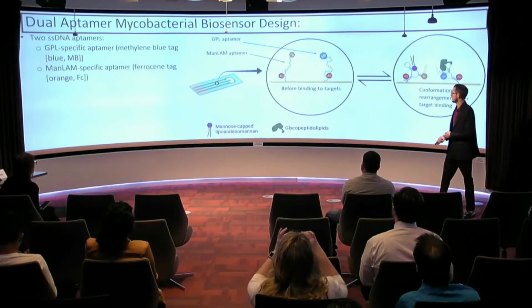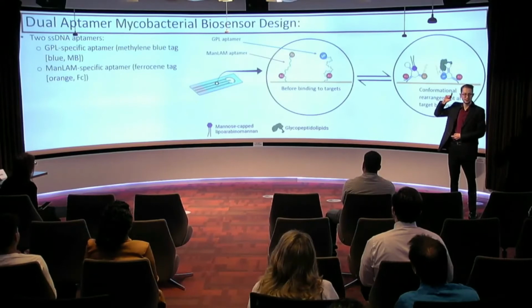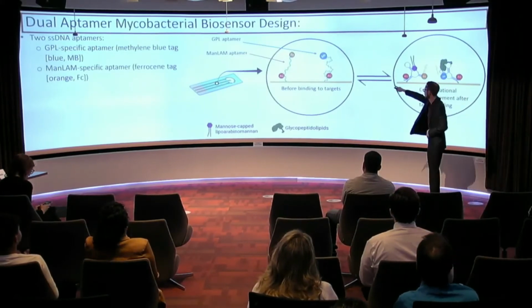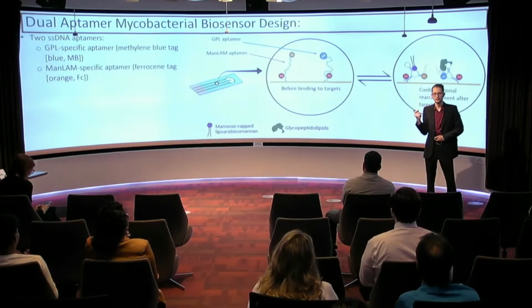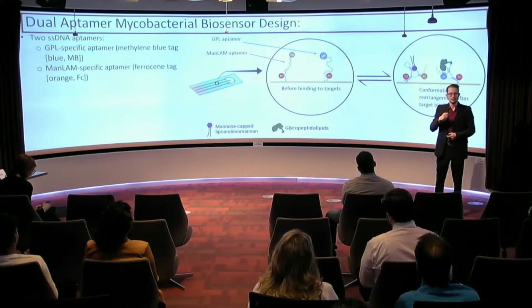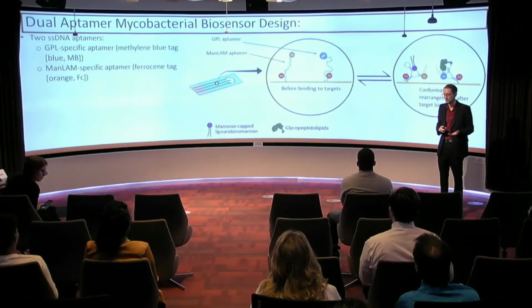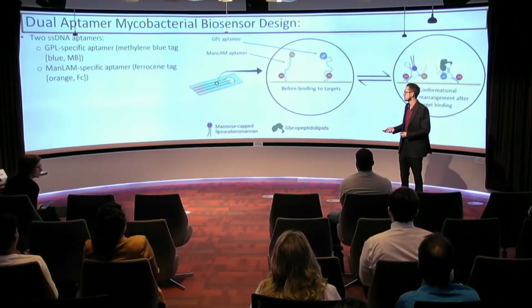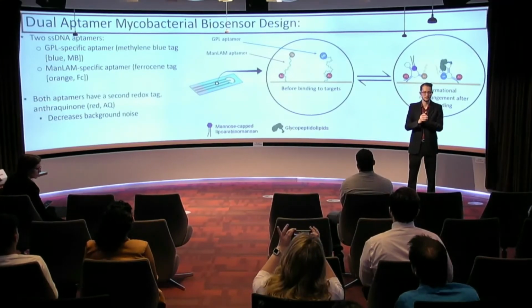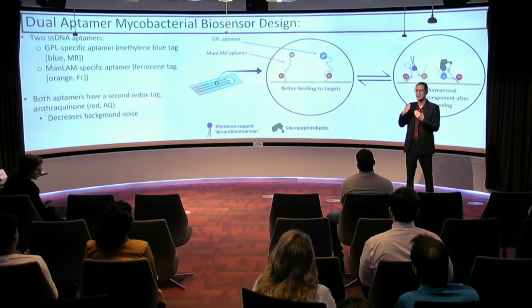So using this system, what you see is that gold surface electrode horizontally. We attach that same DNA aptamer with methylene blue, exact same stuff over here. And then we append on a second redox molecule, a second electrical molecule called anthraquinone. And this acts as a baseline signal to rule out some of the background noise that we had issues with in the first biosensor. And then additionally, we would attach a second DNA aptamer that's specific to MANLAM. And that would have ferrocene on it instead of methylene blue,